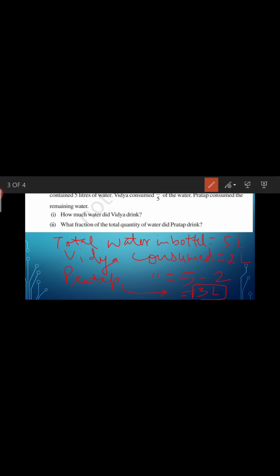And question number 7 is a very simple question. You just have to multiply. Question number 7 is based on the OF operation. As you know, the meaning of OF is that you have to replace OF by the multiplication sign, and just after that you just have to multiply the values. So that was question number 6 and 8, and 7 is your homework. So that's all, and you are requested to note down the questions in your notebook.